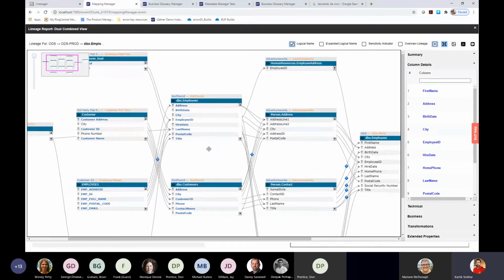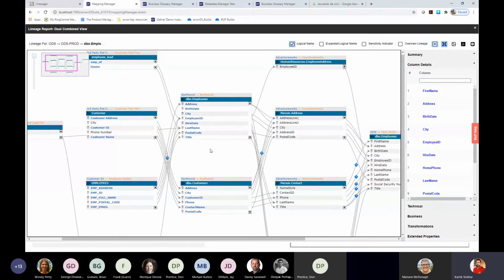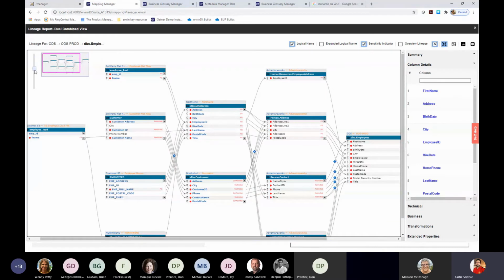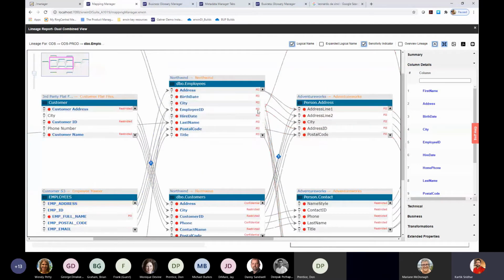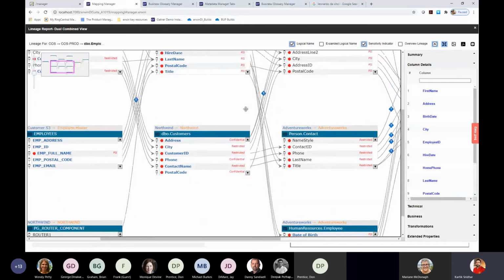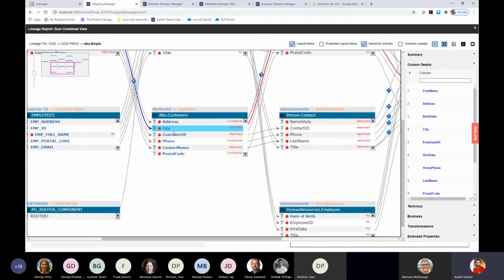And on the same diagram, if you also want to see what attributes have been classified as sensitive from a sensitivity perspective, you can click the sensitivity indicator checkbox. And this will automatically show you all the columns that have been flagged as sensitive and indicate the sensitive ones with a red dot. So the red dot indicates that the particular column is sensitive. And far right for every table here, you will also be able to see what level of classification has been applied to it. So you can see that these attributes are all PII, whereas if you go down here, you can see some of these are confidential and some of these have been classified as restricted.